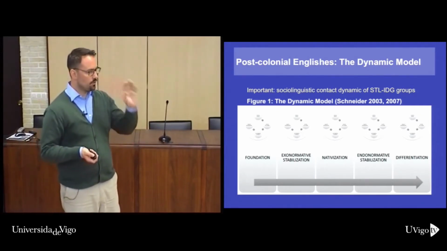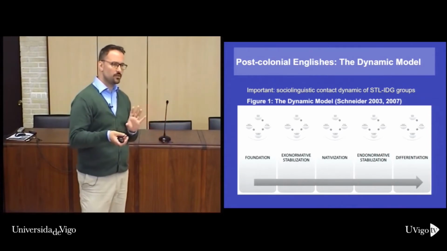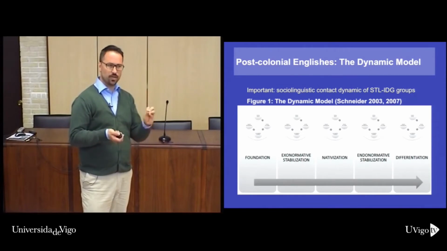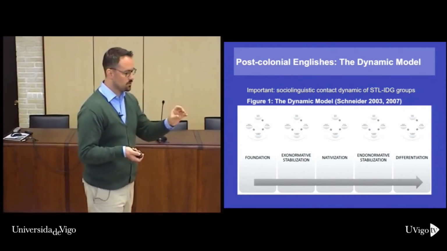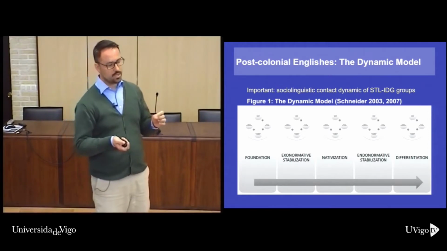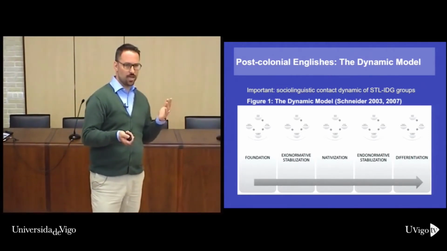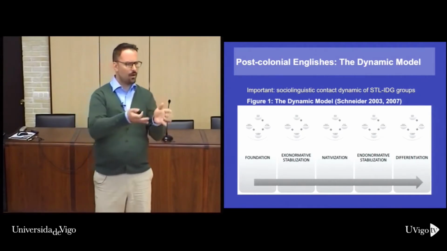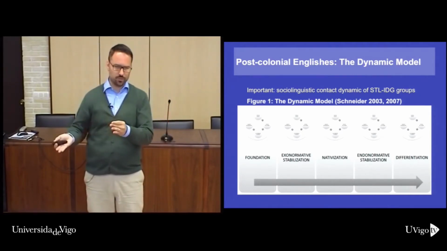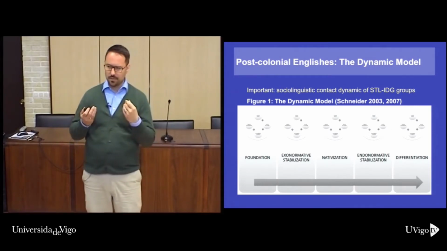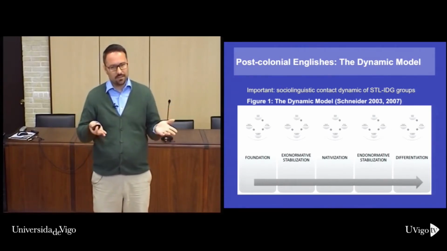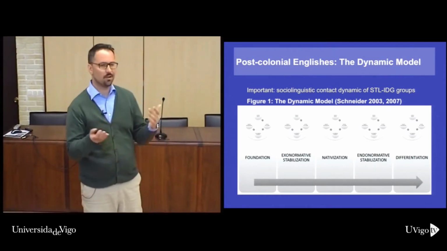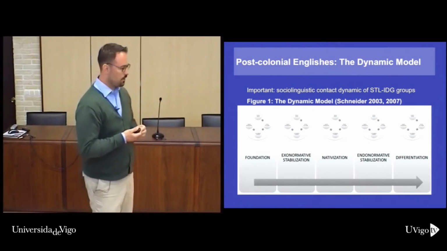Now, the three circles model was important because at the time, also for ideological reasons, it focused on the fact that second language varieties do not necessarily always have to just refer to British or American English as a reference point, but that we should treat Kenyan English and Nigerian English as varieties in their own right, and not always say how are they different, how are they wrong compared to British English. We need to identify them as valid linguistic varieties in the local context because people grow up speaking these languages in certain formal domains and for certain purposes.